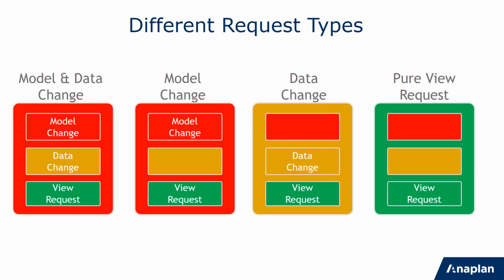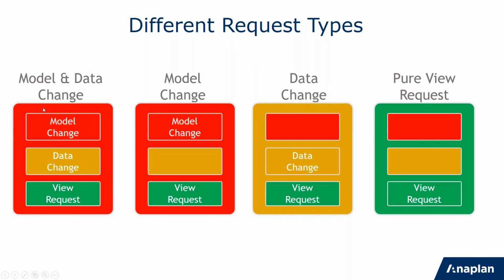So if you look at the changes that an individual client, individual browser can make, they fall into 3 main categories according to whether you're changing something about the model, you've been on the settings tab, or you're just typing in data, or perhaps you're just requesting new data for a grid or something like that. Now, every request will contain queries because whatever you're looking at, it needs to keep up to date, which is why you see a view request in all of these. But some of them will have data changes, and some of them, very few, will have model changes.